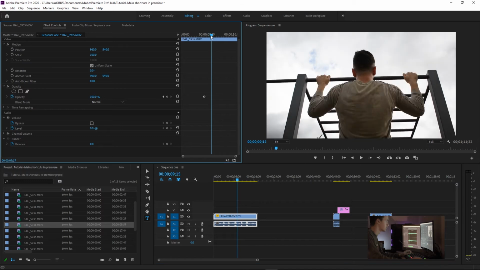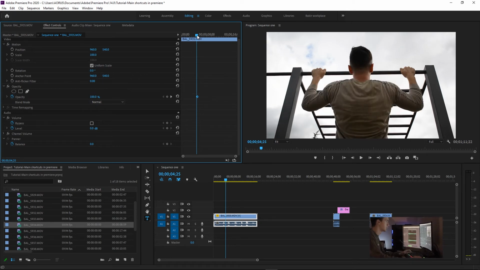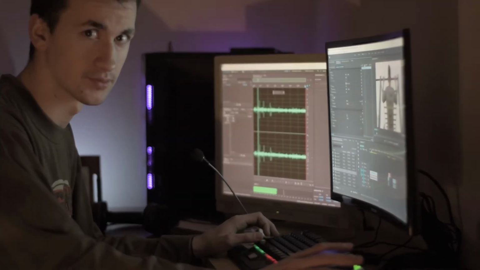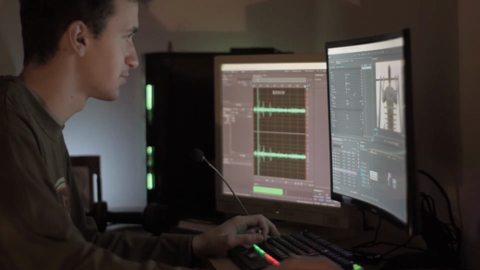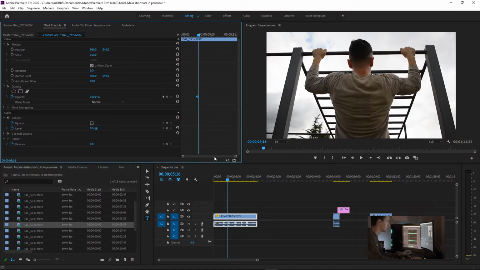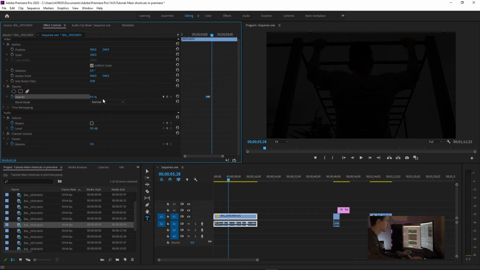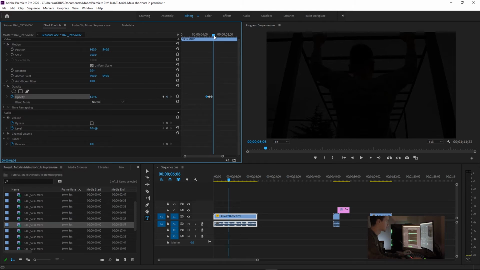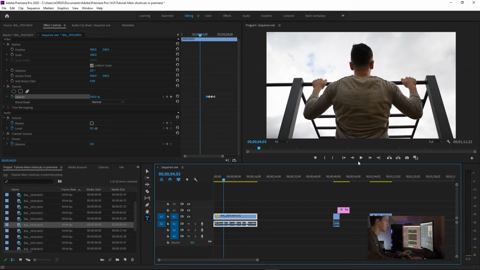Now we can, for example, do this. We have keyframes. Keyframes basically set a point in time when an effect is going to actually take effect. Get it? So we can choose here to be at 100% opacity, and the next moment we can even zoom in right here. Next moment we can set it down to 0, and then here again, actually it was 6%, but we're gonna keep it at that. Still 6%, and then here we can take it to 100. And when we play that back,